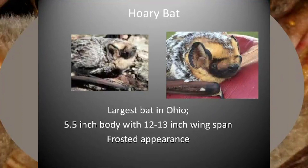And finally, let's meet Ohio's largest bat, the hoary bat. This species has dark fur with white tips, giving it a similar frosted appearance to the silver-haired bat. The hoary has full, soft fur all over its body,